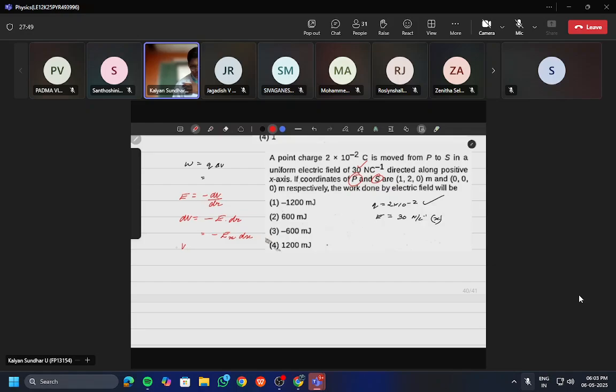So here you will be getting del V equal to minus of Ex, 30, into del x. If you integrate, what happens? It's just x. Now the limits will be from... the limits depend on which side you take them from. If I'm taking from 0 to 1, 30 into q, so minus 13 will come, and work done will be equal to q into minus 30, which will be 60 into 10 to the power minus 2 joule, which I can write as minus 600 millijoule. So the answer will be